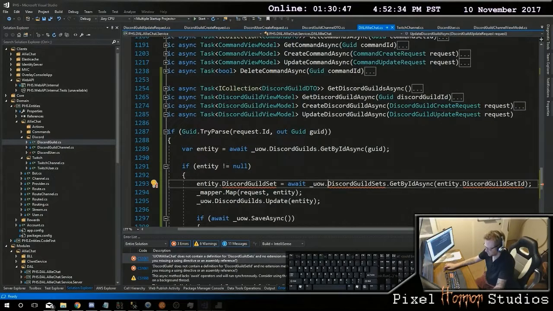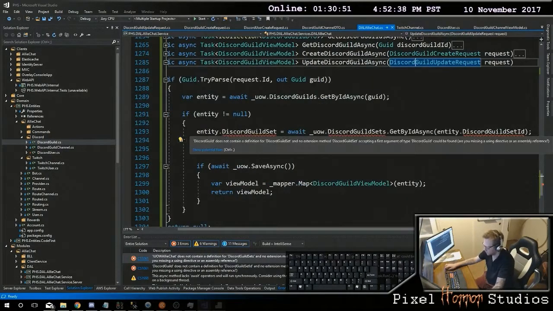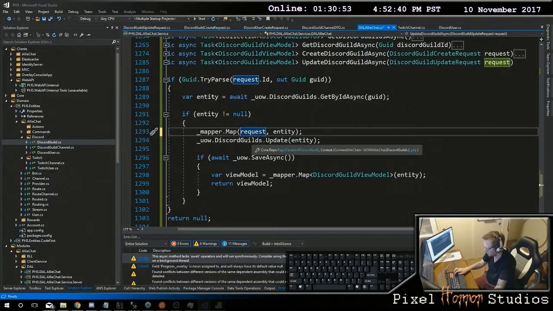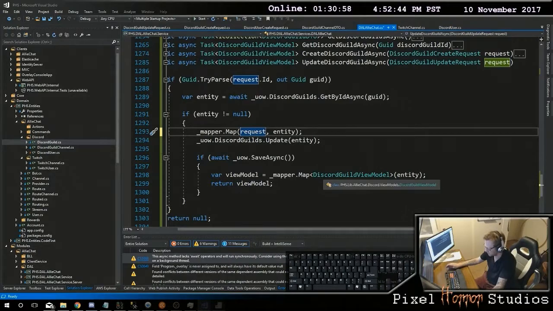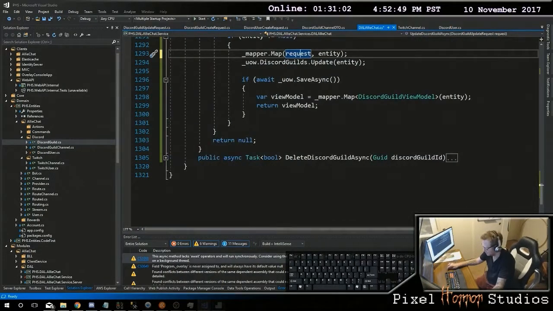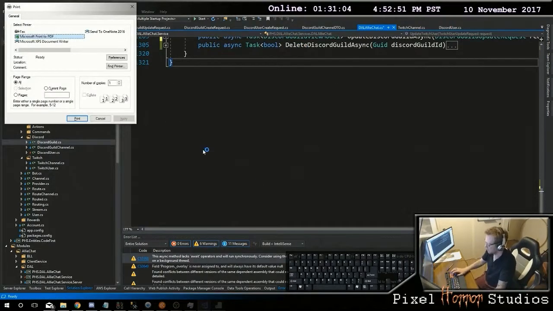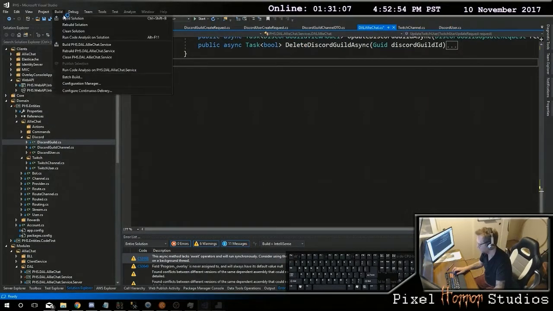Here's our update request. If we parse that out, and in fact it is an ID, then there are no sub-entities. We're going to map that out, and then we're going to be returning our Discord guild view model mapped, and then our delete. And notice we have no errors. So if we build it,